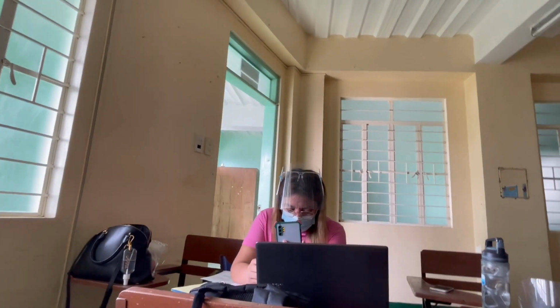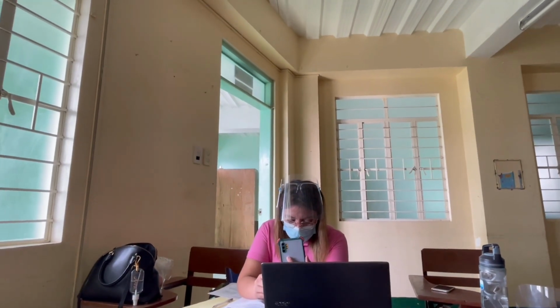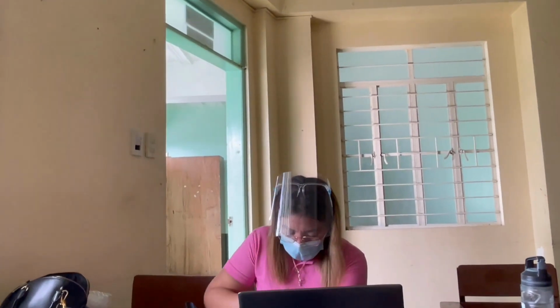Number 4, the customs officer may authorize the establishment of the customs bonded warehouse and accept a bond for its operation and maintenance if the applicant was compliant with the prescribed requirements. And lastly, the operator of the bonded warehouse shall pay an annual supervision fee in an amount to be fixed by the commissioner. So these are the conditions that CMTA is asking